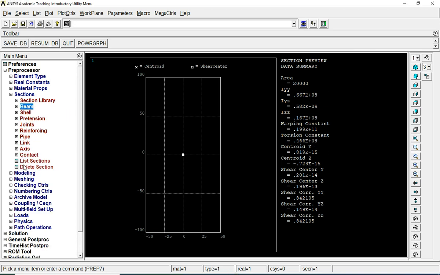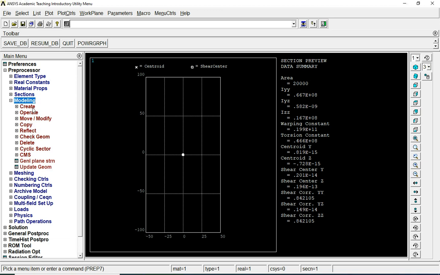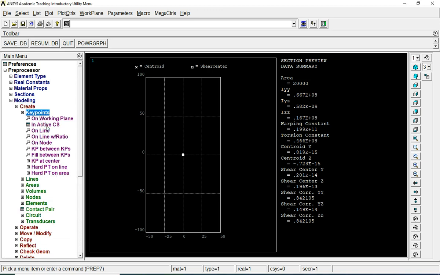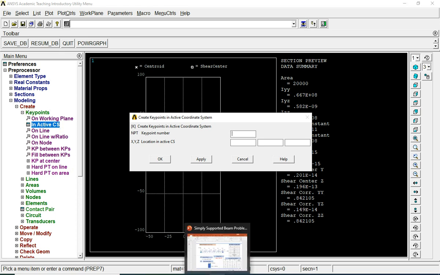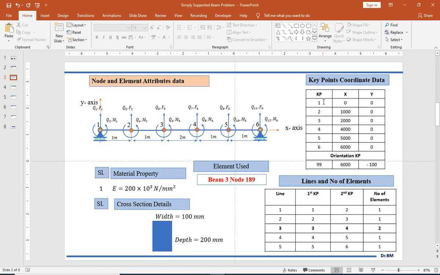Then go to Modeling, create key points in active coordinate system, and the key points you are creating are according to this table.